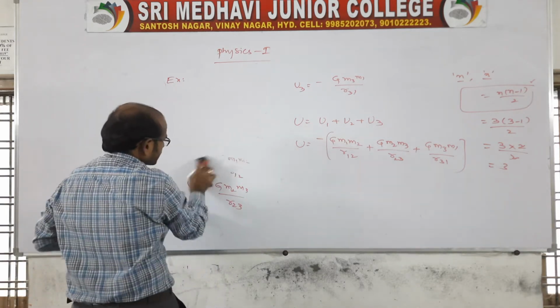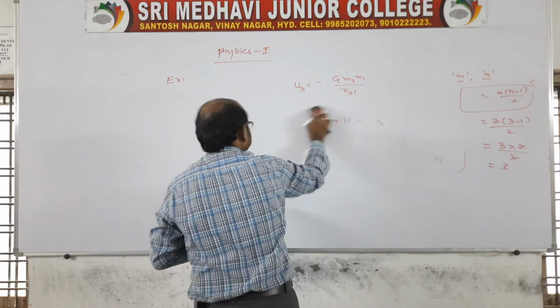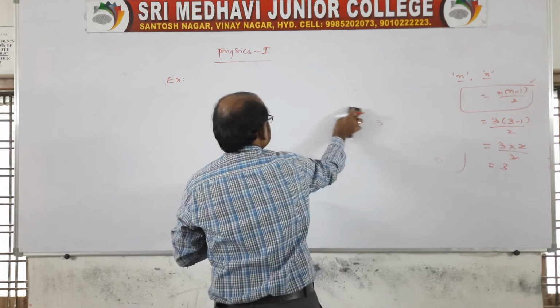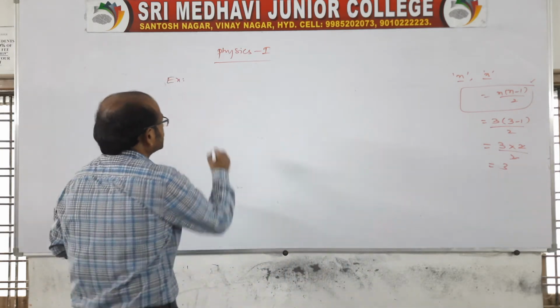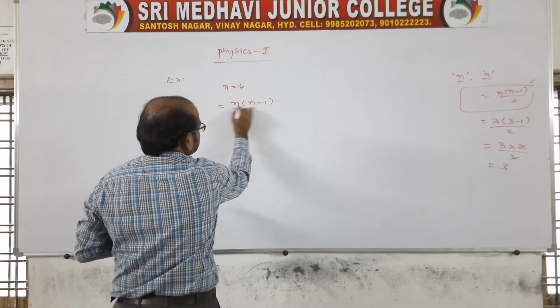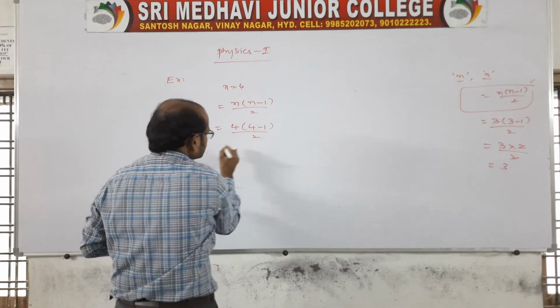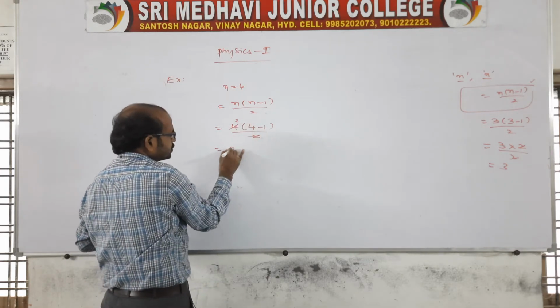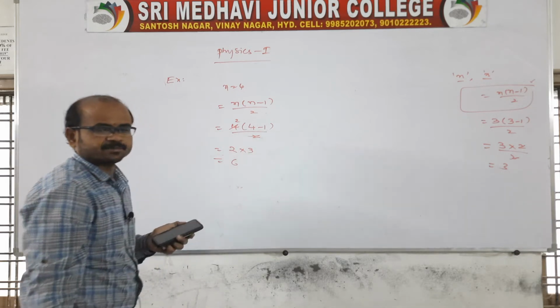Suppose I go with another one, I'll give you one more. You take a square. See, how many corners does a square have? There are 4 corners. How many pairs of potential energies will we get? So you say n is equal to 4, no? Then it is n into n minus 1 by 2, so 4 into 4 minus 1 by 2, which is 2 into 3. So you will get 6 pairs.